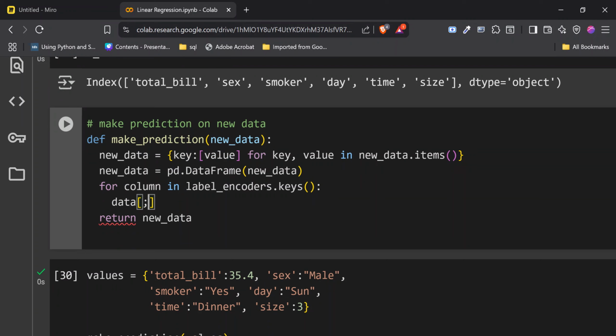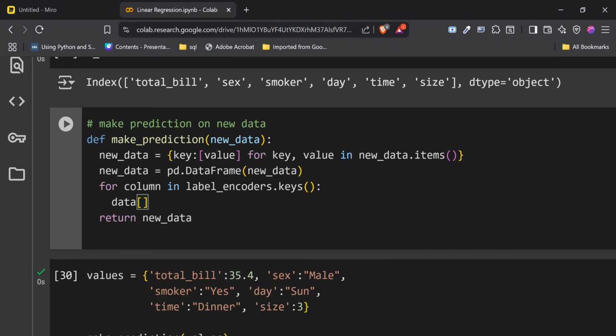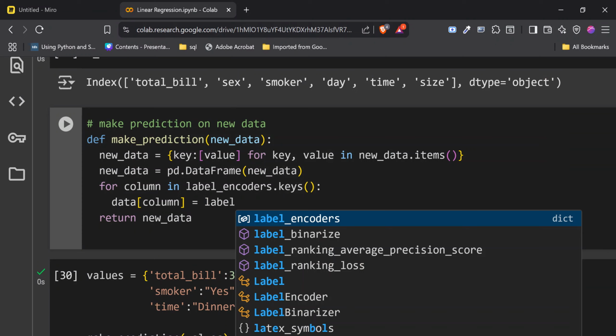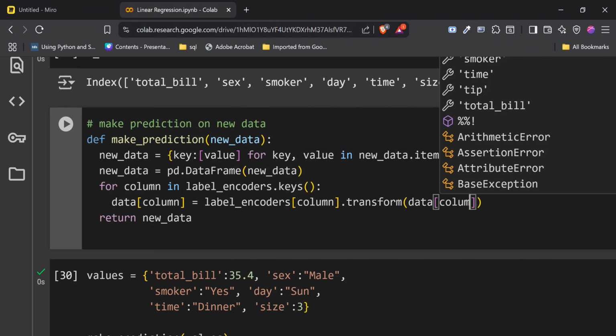So we say data of column is going to be equal to label_encoders of that column .transform(data of that column).